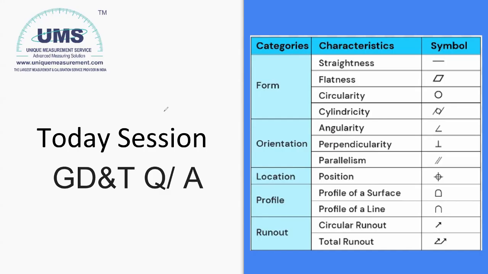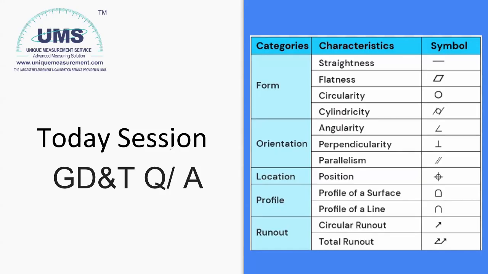How are material modifiers used in manufacturing? If I can reframe this question, if your question is how material condition modifiers are useful for manufacturing, then whenever we use modifiers, we get extra tolerance called bonus tolerance. When we give additional tolerance to the manufacturer, he can relax in his manufacturing processes, because of which the cost of manufacturing would reduce. If your question is how to use modifiers, then that is a very big explanation. We have to take it up in a different forum.